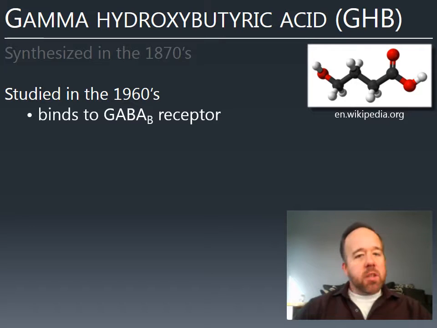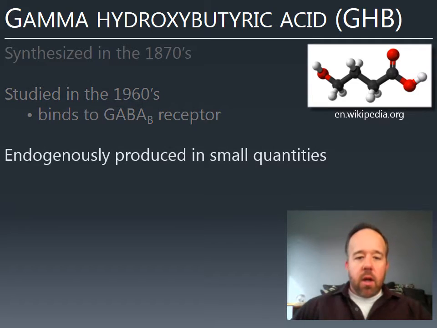And so lots of drugs, and this is true for drugs as well as toxins, are used in neuroscience research because they affect a particular receptor or class of receptors. And so you can see how a neuron functions, if it does, once a particular kind of receptor, a particular kind of ion channel has been knocked out or has been enhanced. So in the 1960s, GHB was starting to be studied because of its effect on neurons.